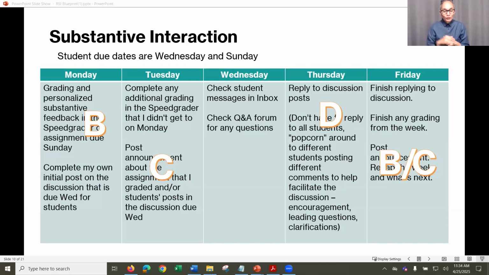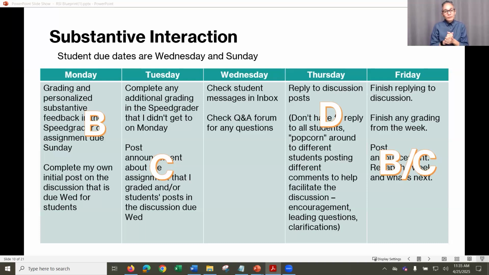And especially within the announcements, there are some settings that you can turn on so that students can reply, and you can actually have a discussion under the announcement. And that's all great. And that's all good for your students, good to make sure that you're following RSI. And I would definitely encourage anyone to do that.